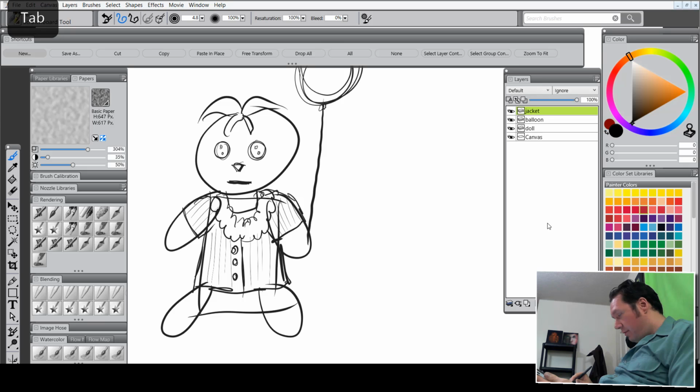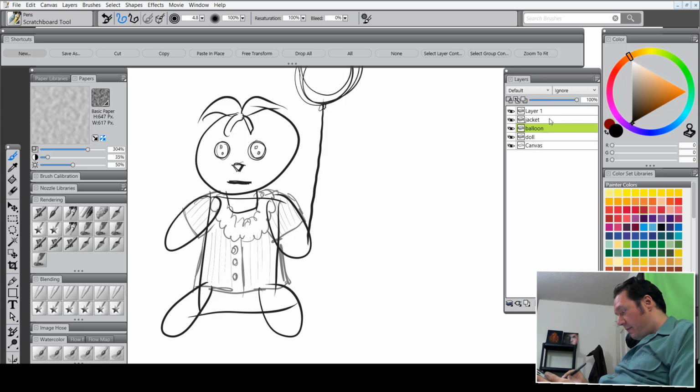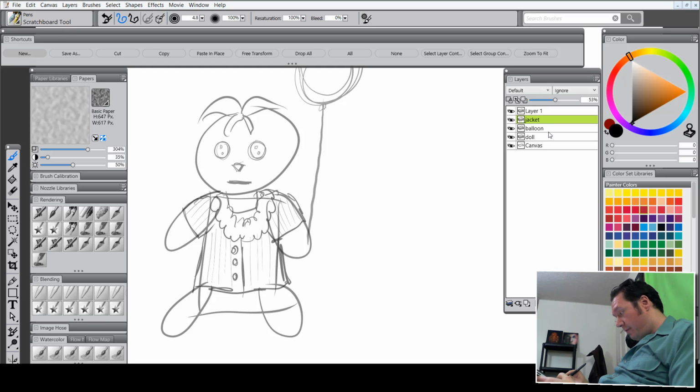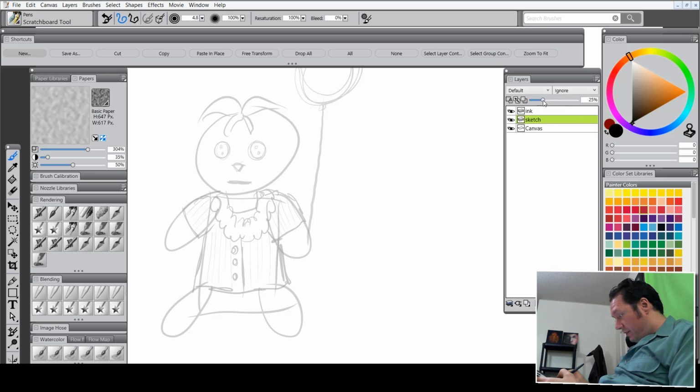So I'm going to bring my palettes back here, and then I'm going to go ahead and create a new layer, and I'm going to turn down the opacity on all these other layers. Might as well just do this the easy way and then just group them, or collapse them, I mean. Call it sketch. Okay, we'll call this ink. So turn down the sketch a little bit more, and then I'm just going to ink over it with the